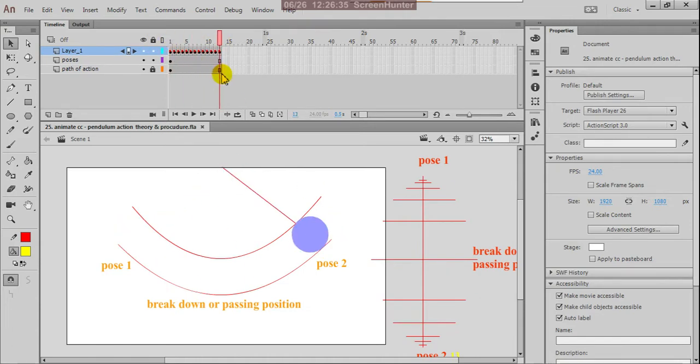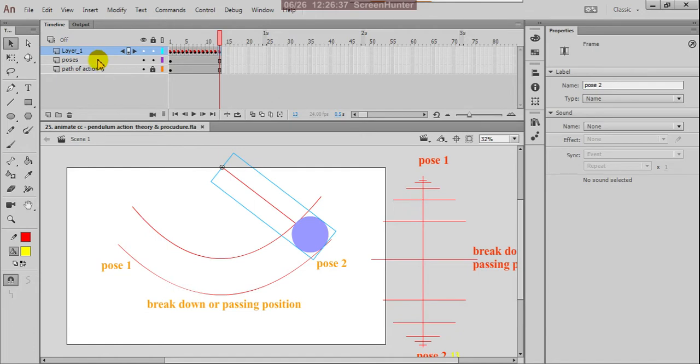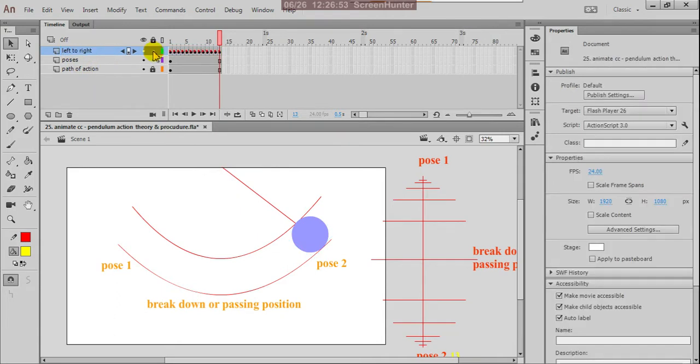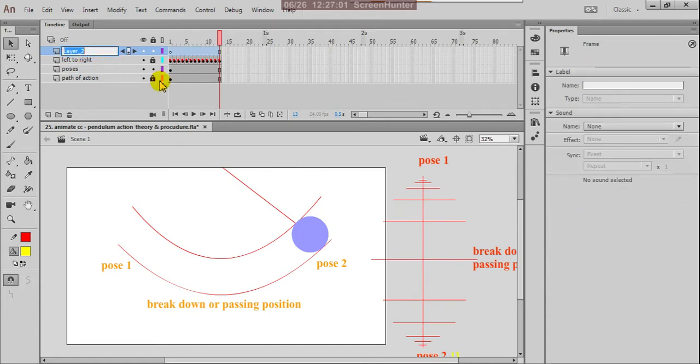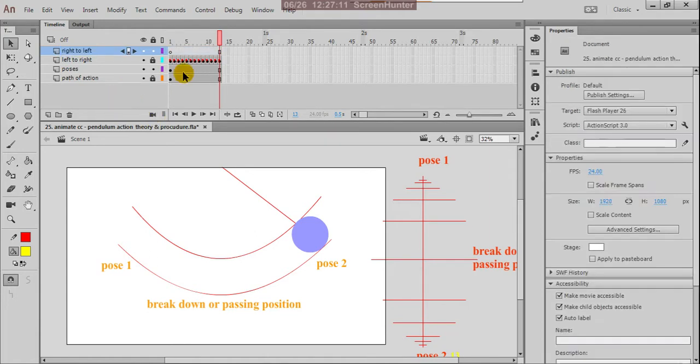This is the left to right action, so I'll lock this layer. Then create another layer and name it right to left.